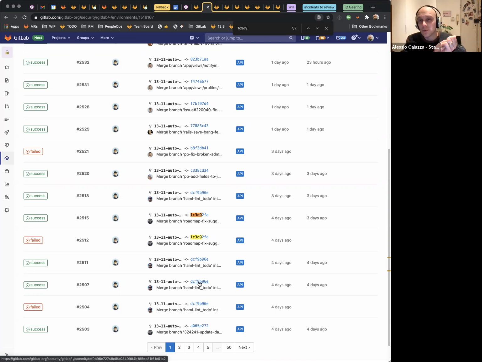So this should, if there are no changes, even in Omnibus or CNG, even if it's in a new auto deploy branch, we should not tag, because when we go into the tagging business, we just take care of the commit SHAs, right? So there are no changes here and there.